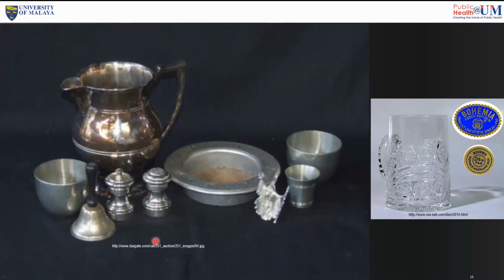So how do you know if it's leaded or not? Basically, all the pewters in the older days, these are basically pewters actually. So pewters have lead in it at some point of time. So you must be careful when you're using an old container, whether there's lead or not. The other